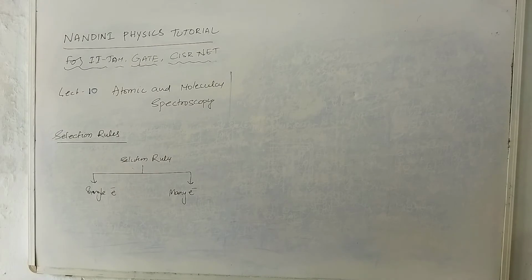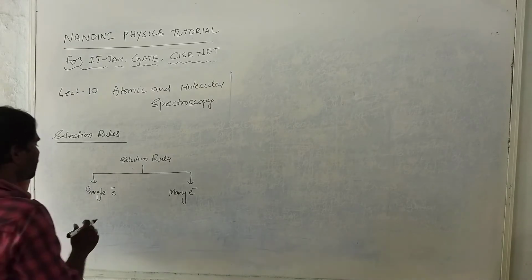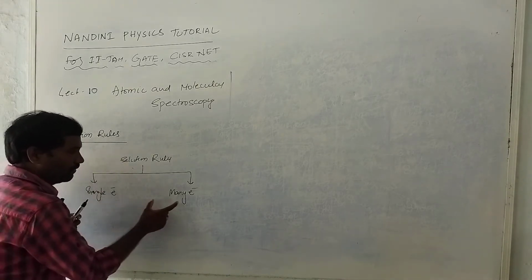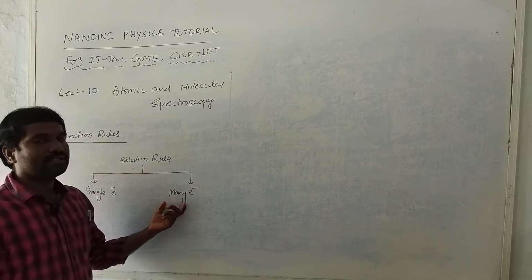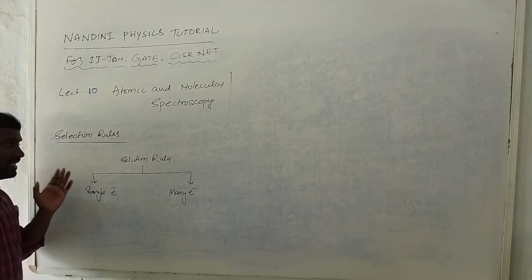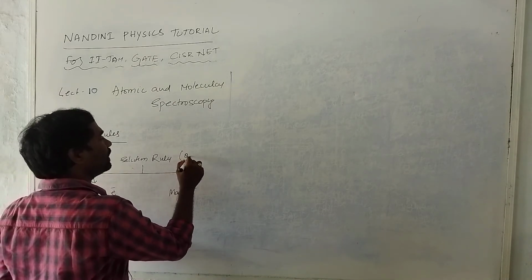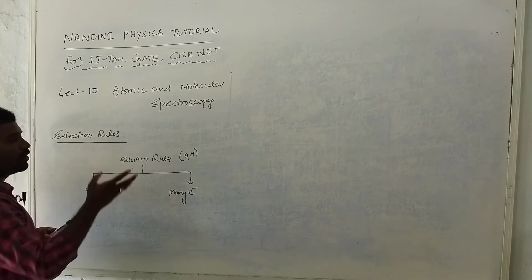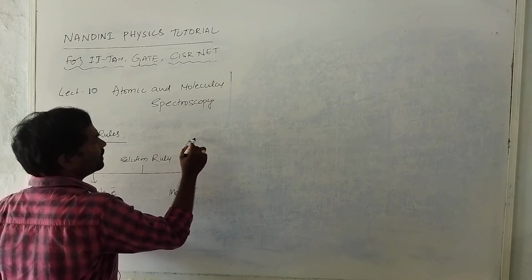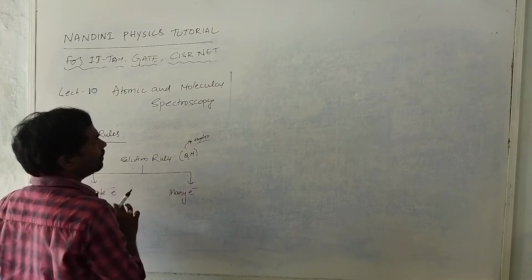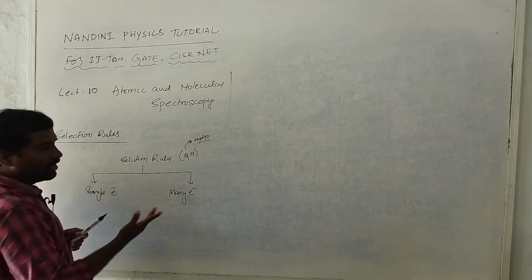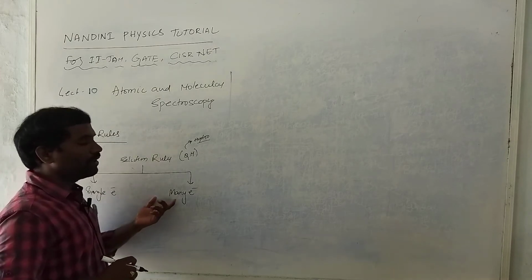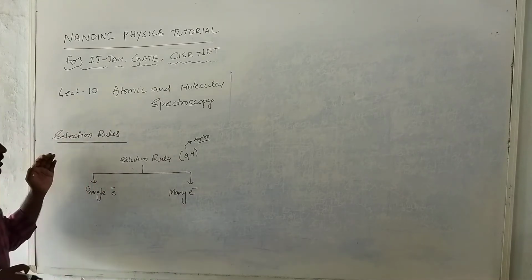These selection rules actually come from quantum mechanics. Selection rules are classified into single electron and many electron systems, but these selection rules come under quantum mechanics. In quantum mechanics we deal with the hydrogen atom. In that session we can explain what a single electron is, how a single electron transition will be allowed, and how many-electron transition rules work. So these are the selection rules.